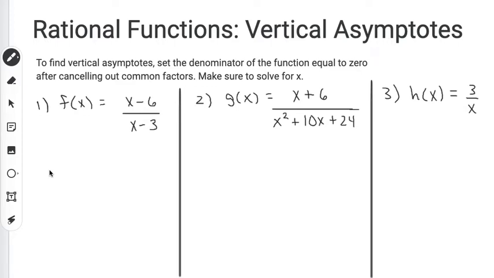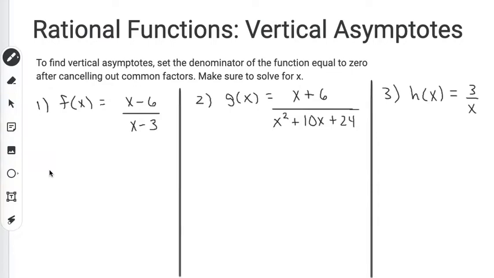This is Rational Functions. Today I'm going to be doing vertical asymptotes. And to find vertical asymptotes, what you want to do is identify the numerator and the denominator. The numerator is always the top of the fraction, while the denominator is always the bottom of the fraction. And the bottom of the fraction can never be equal to 0, because at that point you would be dividing